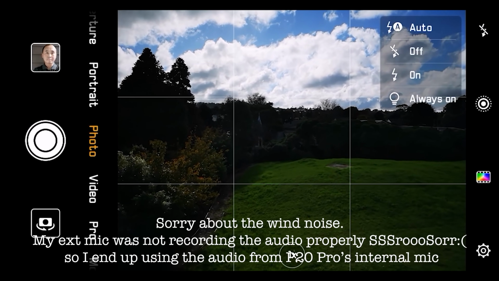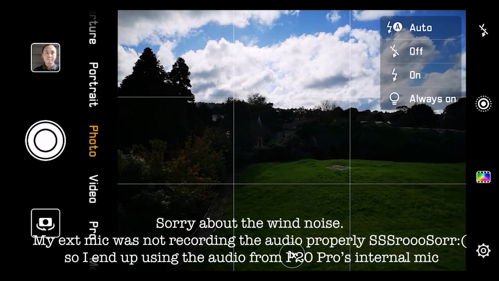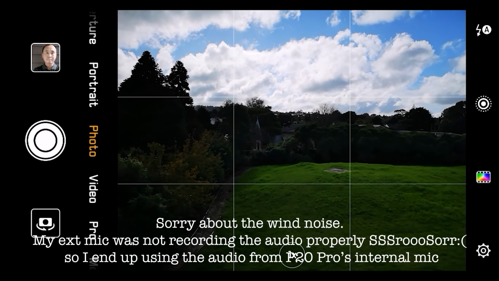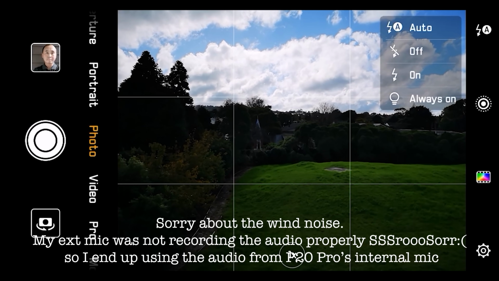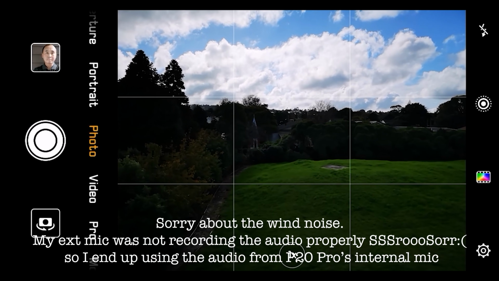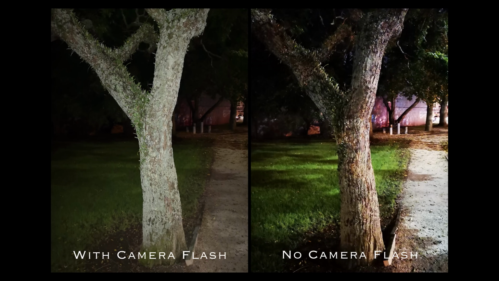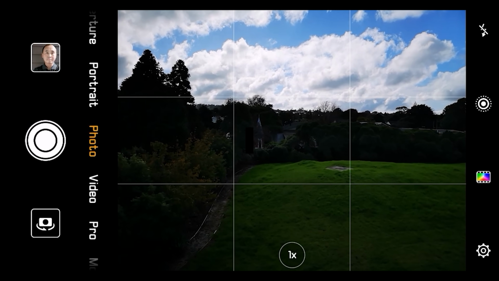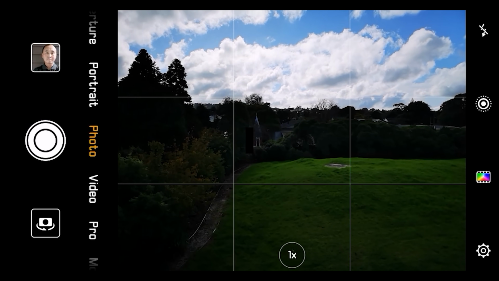At the top you have the flash settings. I think by default it comes at auto, but I want to keep it at off, because normally I don't like using the on-camera flash when taking photos. So I would normally turn it to off, and I only turn it on if I really have to. But because the smartphone's low light performance is getting better and better, I found that the need to shoot with the flash on is not very often these days.